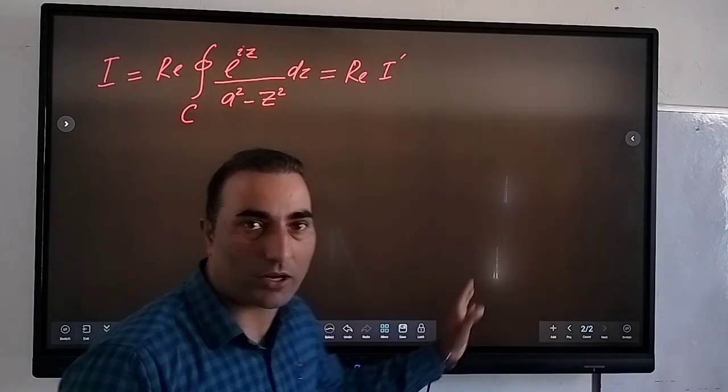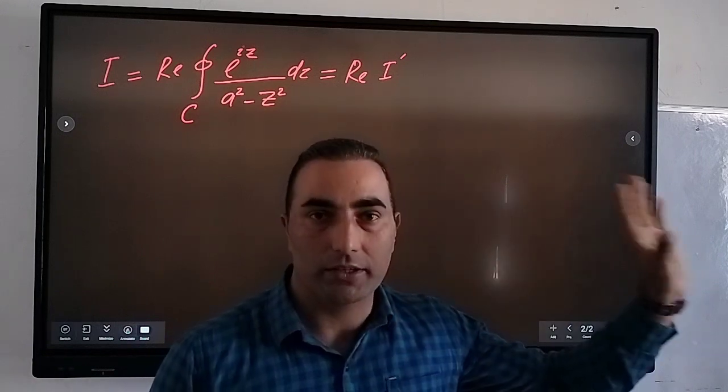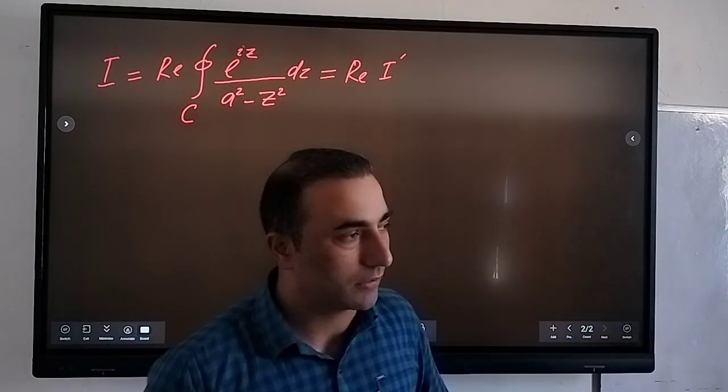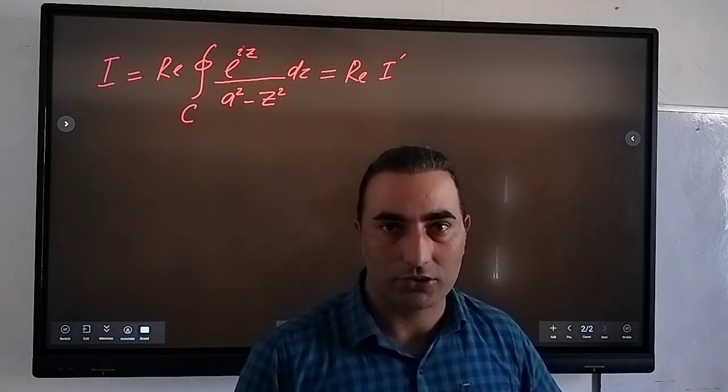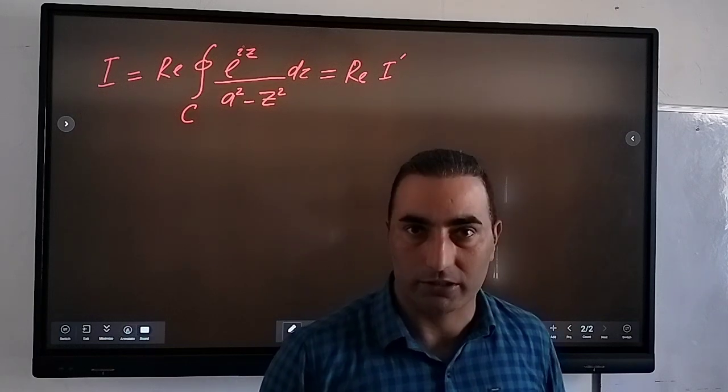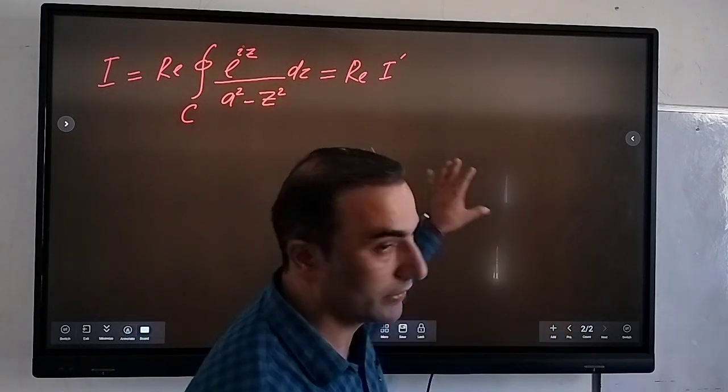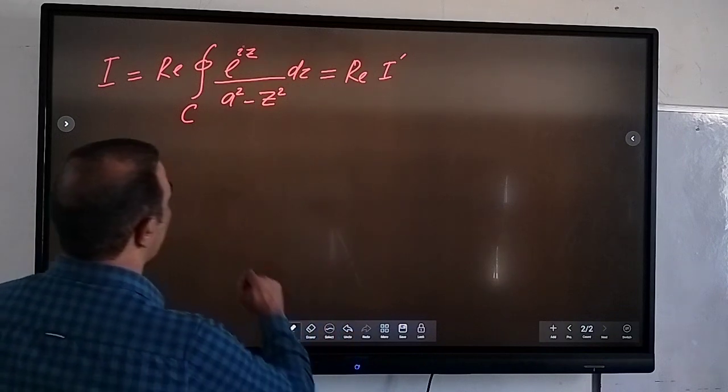Okay, so that's our I dash. So first let us solve this integral I dash, and then we can write that using the Cauchy residue theorem. So we'll do it later, right? So first let's solve this integral, the I prime. So I prime is that,